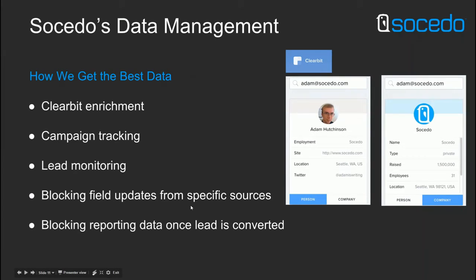is that I have sources set up to only update in certain ways. For example, one of my primary metrics, which I've mentioned several times already, is number of employees. It really matters to me because it matters who I'm sending it to on the sales team. We capture this information in a lot of different ways. I get it directly through Clearbit, but I also get it through my form fills. And sometimes I get it through third-party data sources, through different cost per lead programs that I'm buying other data from. Well, I know over time that Clearbit is giving me the most accurate data in terms of company size. So Clearbit always gets priority in my database to update that field.